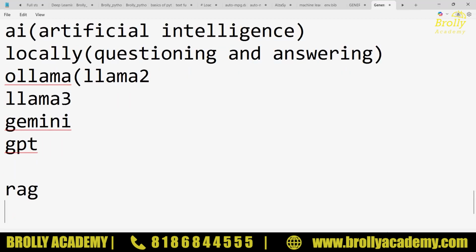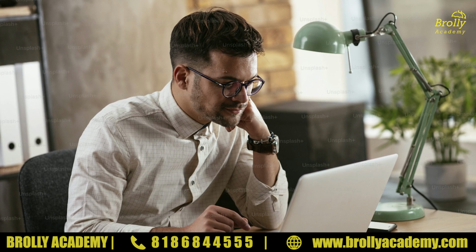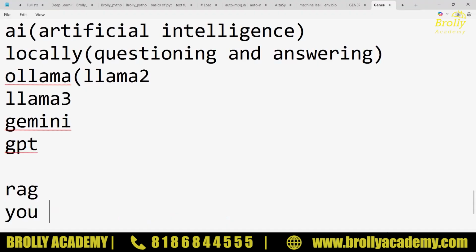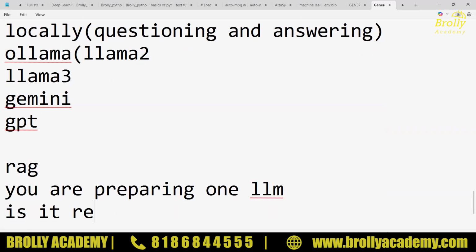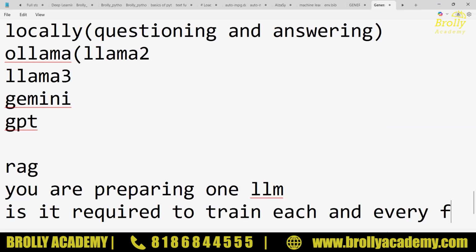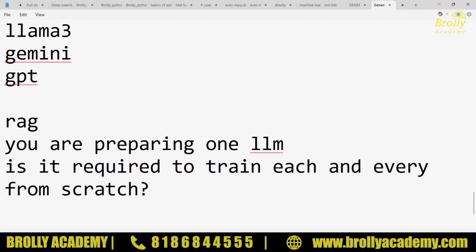So is it required? For example, you are working in some company and you want to build one kind of LLM. You are preparing one LLM. Is it required to train each and everything from scratch? Is it required, guys? Right?